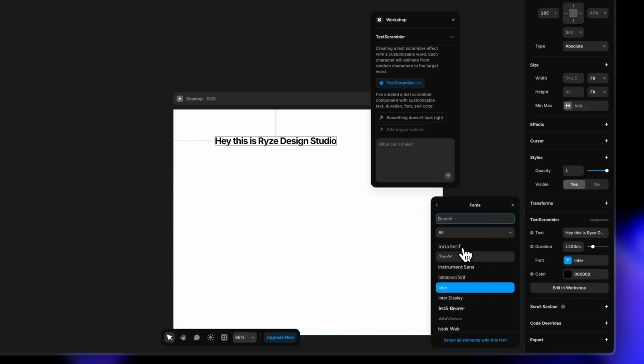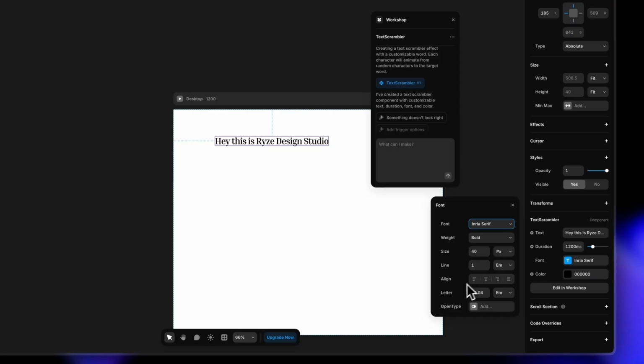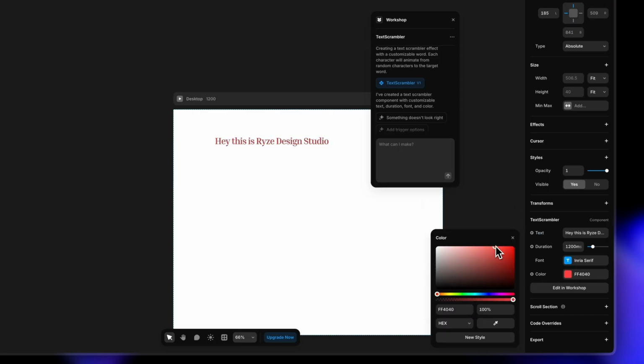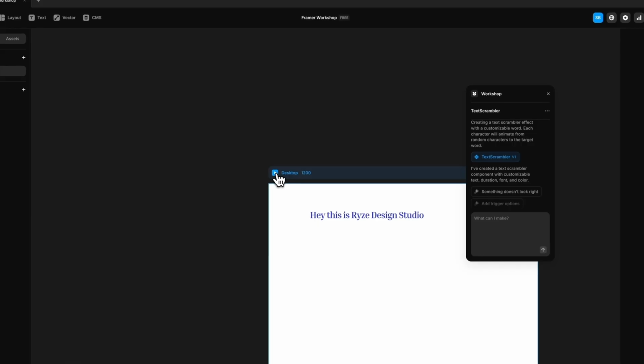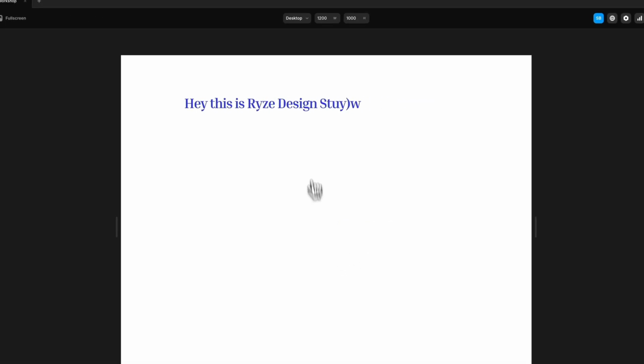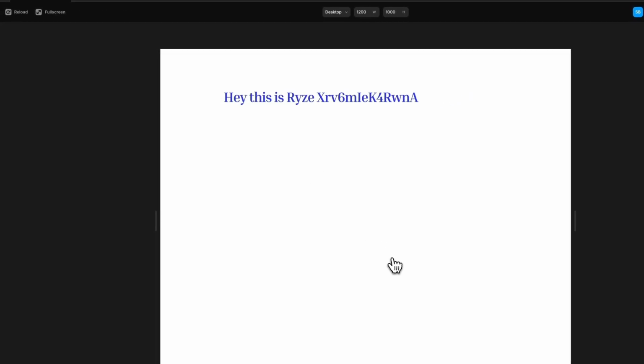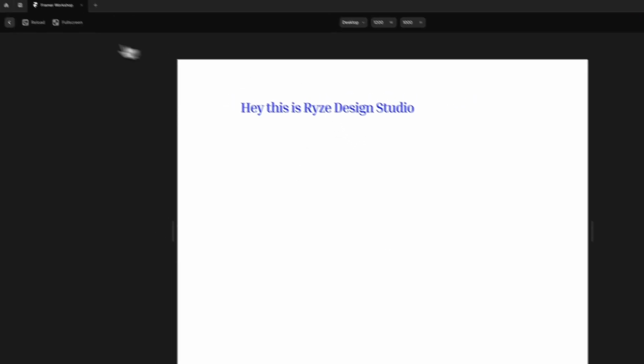You can also change the font if you want. Let's just add some random font here and see how it looks. So yeah. Now that we are customizing, let's just also change the color. So I'm going to update the color to maybe blue. And yeah, now for the most awaited part. Let's play this. Wow, it took a minute to sort of change the color. So I'm going to replay this and see. There we have it. Isn't this super cool?